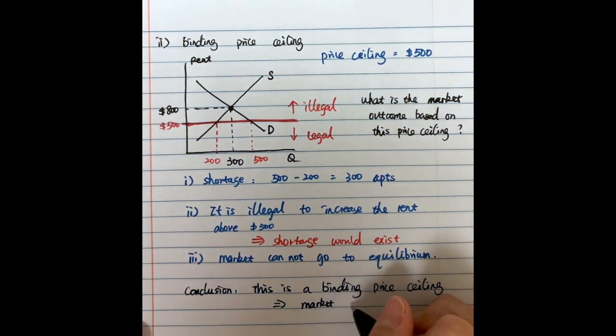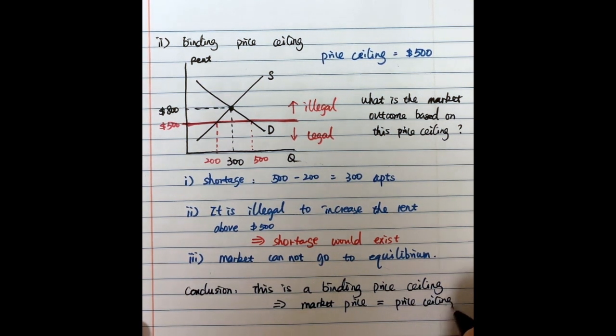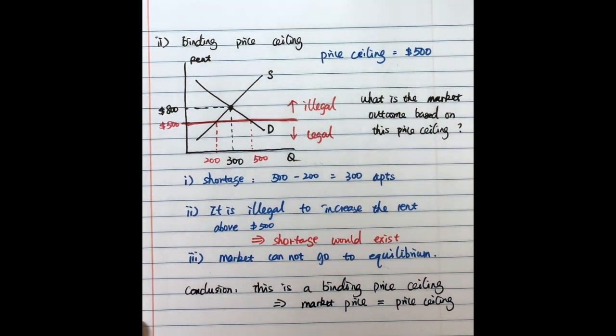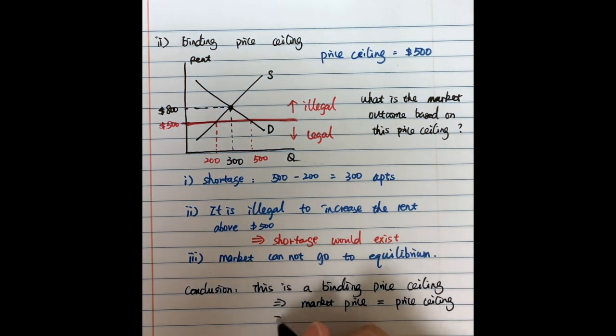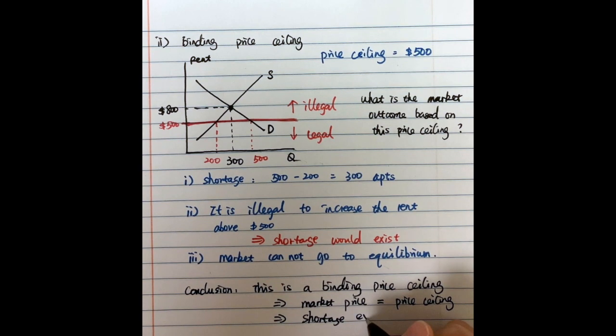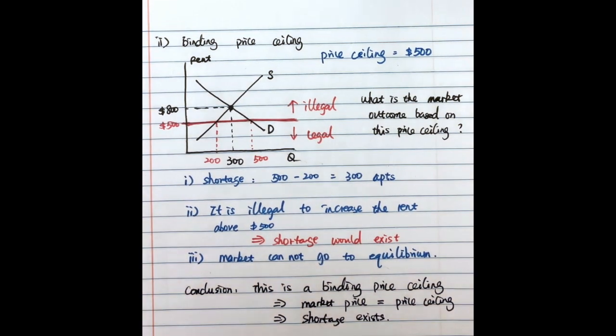The market's price of the rent will equal the price ceiling, although it will result in a shortage. And then we have shortage exist. Okay,